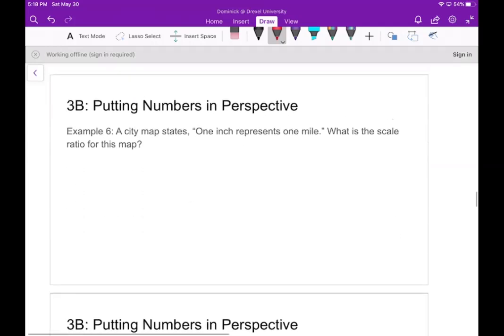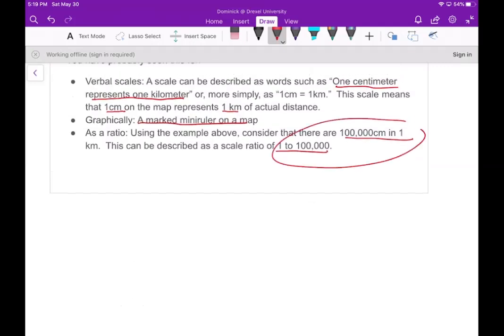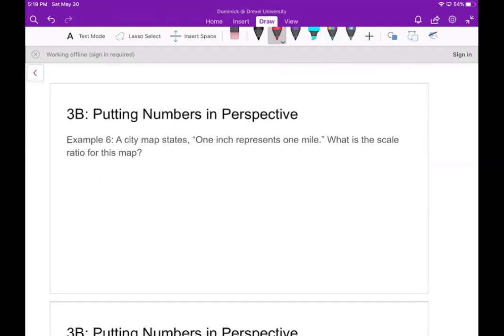right? So for the last example, we'll say that a city map states that 1 inch represents 1 mile, right? And we want to know what is the scale ratio for this map, right? Now, when we say scale ratio, we need to come up with something like this, right? So we need to figure out, well, how many inches are in 1 mile, right? Well, there are 5,280 feet in 1 mile, and there are 12 inches in 1 foot, right? So for example, if I want to say that I have 1 inch per 1 mile,